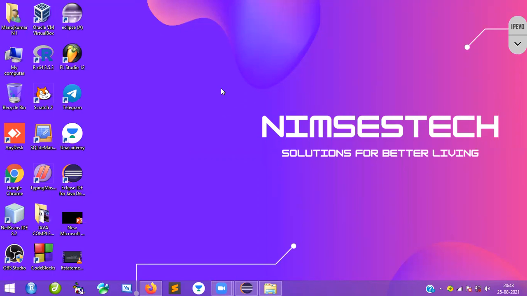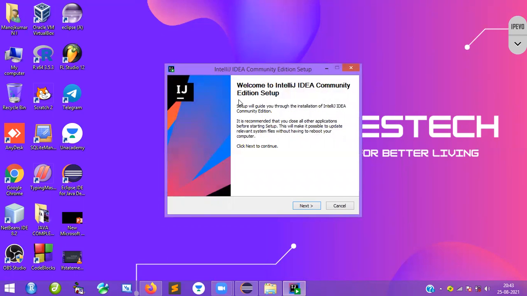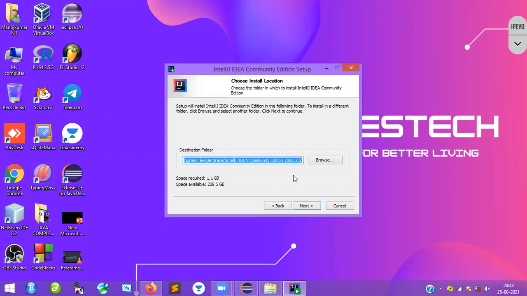So one more important thing we need to understand. Before installing IntelliJ IDEA IDE, you have to install the JDK. Already I installed it, you can see my videos in which I installed the JDK. You can use that video and install it. Okay, next. And by default, it will take the folder destination. Again, one more thing: when you are installing the IDE, your system should have at least 2 GB RAM. Again, at least 1 GB or 2 GB of space is required to install this. Okay, that is a very important thing.